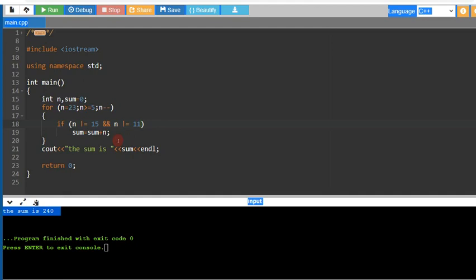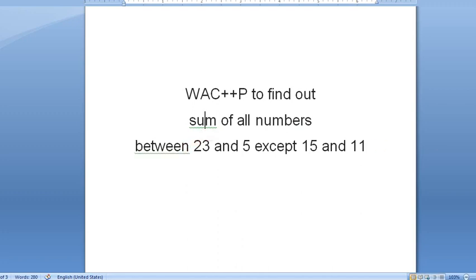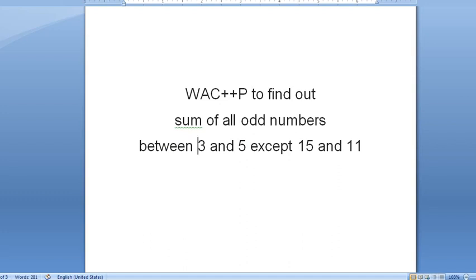Okay, students, now let's go for the next concept. In the next concept, I am changing to even number or odd number. So write a C++ program to find out the sum of all odd numbers between, suppose, 13 to 55,